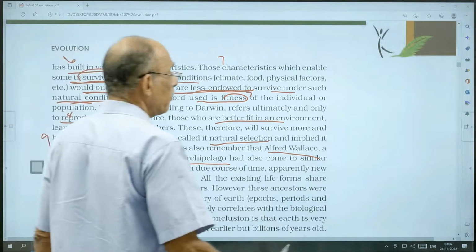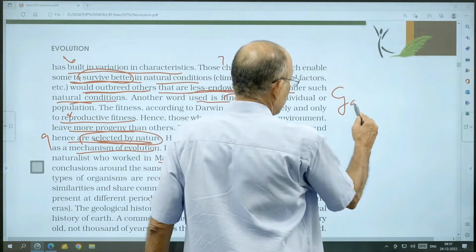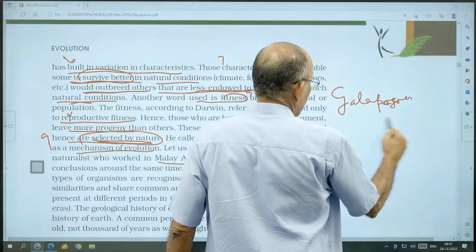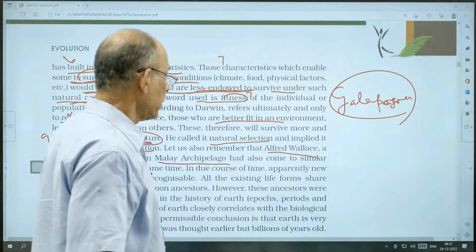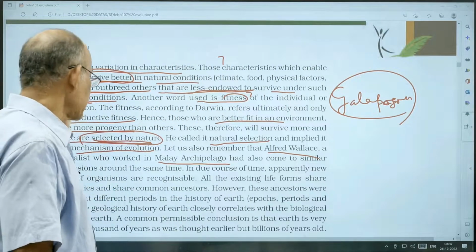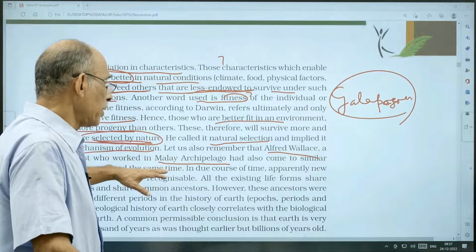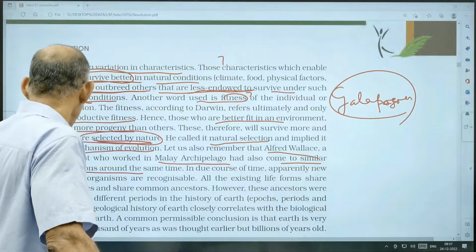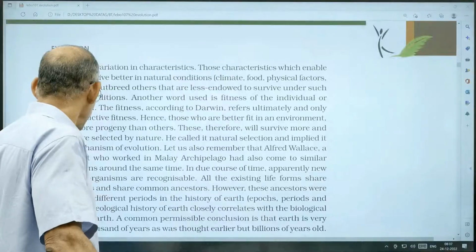Actually, Darwin went to the Galapagos Islands and collected many evidences. And at the same time, Alfred Wallace went to the Malay archipelago and came to similar conclusions almost during the same time. Then, next is this